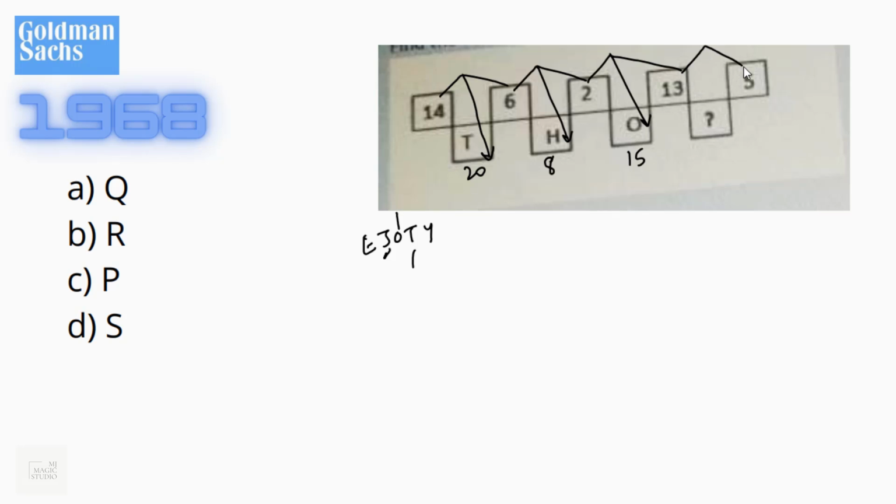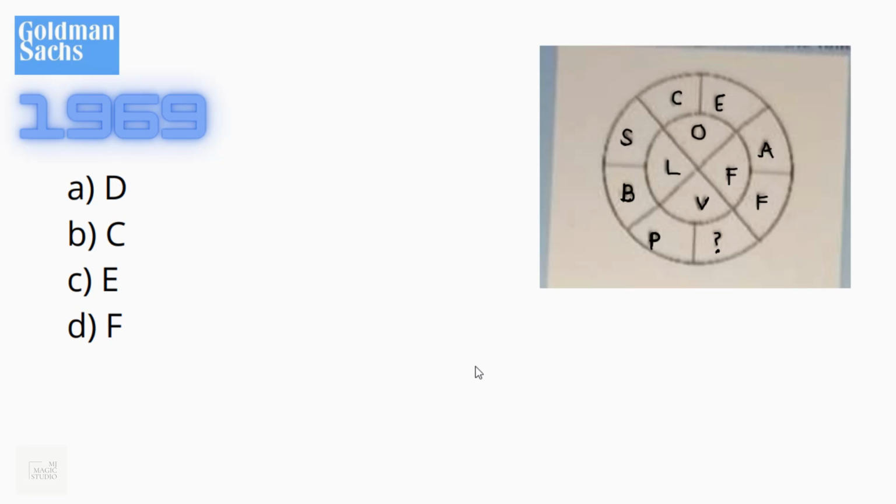Worked. That means 5 plus 13, we should have the 18th alphabet of the English language coming here, and the 18th would be T minus 2, that is R. O, P, Q, R, S, T. Yes, R. The 18th is R. Okay, we are also getting Thor. T, H, O, R. And the puzzle is solved if R is here. Option B, R fits in.